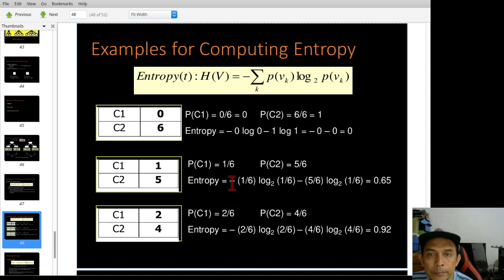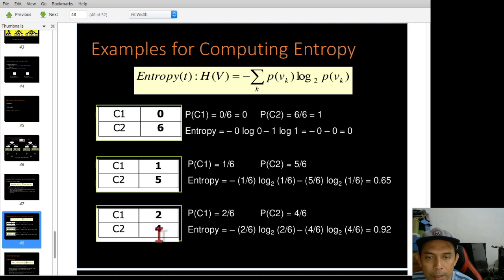Okay, for example, if you have class 1 is 0 and class 2 is 6, so you apply this formula: minus 0 log 2 0 minus 1 log 2 1, which is 0, because it is 6 over 6 and 0 over 6.